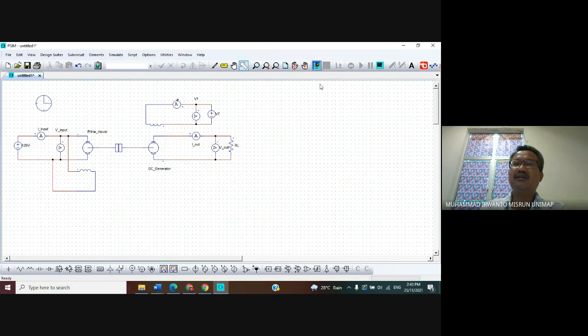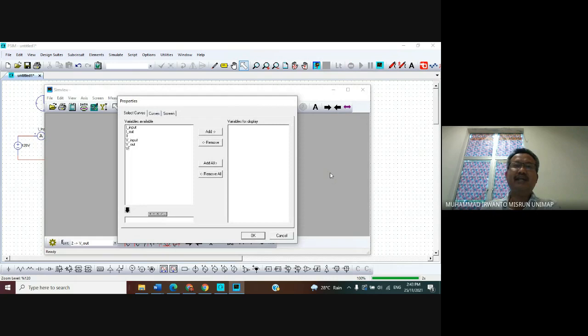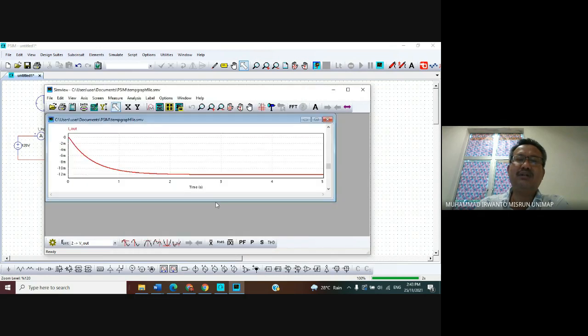Click. Okay, now SimView appears. First we want to observe the waveform and RMS value of output current. Choose I out, click button Add and click button OK.